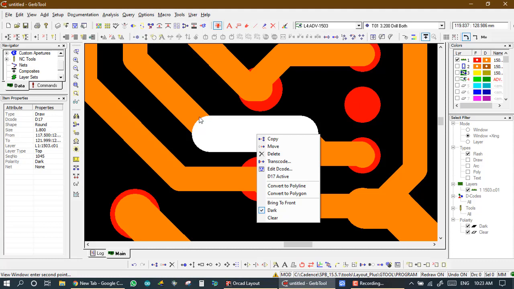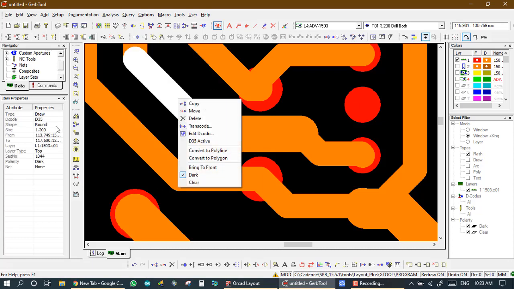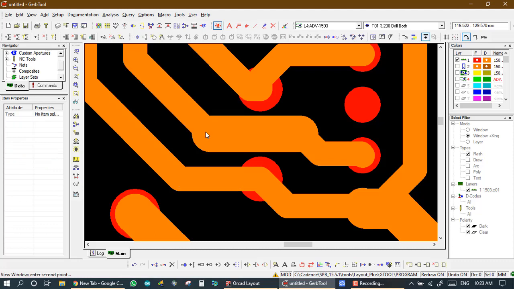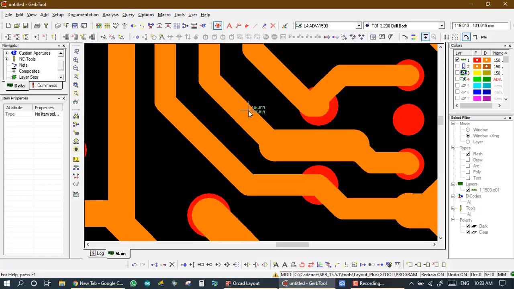We also see the size of this other decode. It's decode number 35, and size 1.2. So we want to change the size, like this draw size is 1.2 and this draw size is 1.8. So we make this draw also 1.2.